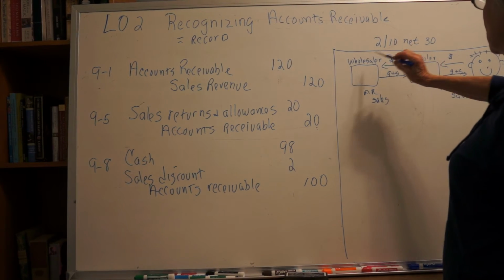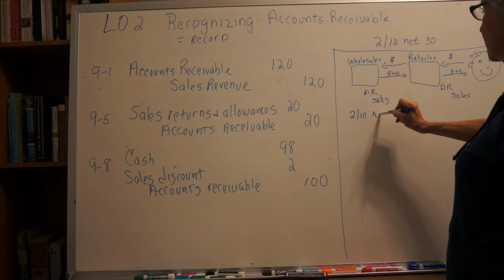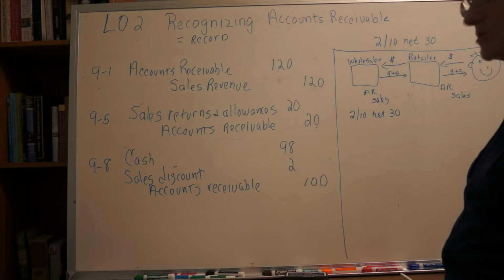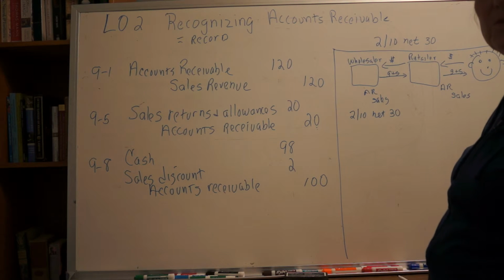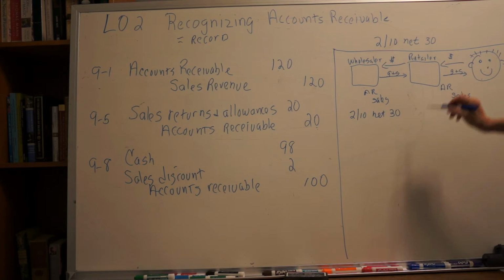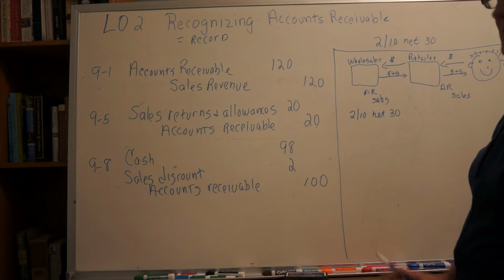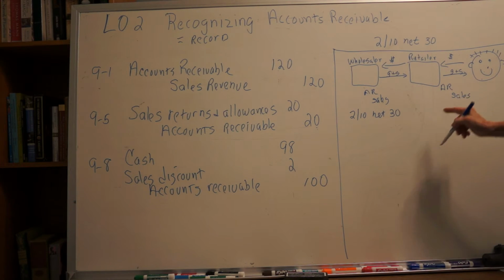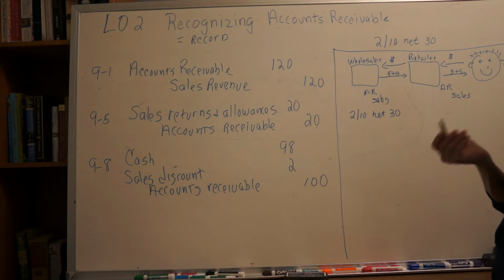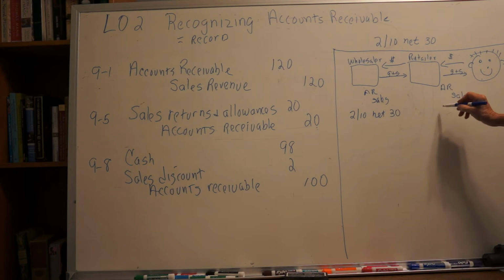It's on this side, between wholesalers and retailers, that you get the terms like 2/10, net 30. In other words, if you pay within 10 days, you can take a 2% discount. Otherwise, you have to pay at the end of 30 days. On this side of the building, on the customer side, they don't usually give those discounts. I mean, they just don't usually do that. Instead, what happens, if the customer doesn't pay on time, they add interest on to that account receivable. So say this person didn't pay on time, then what would happen